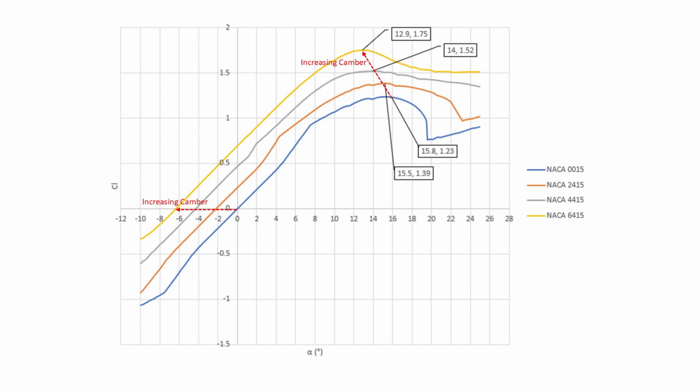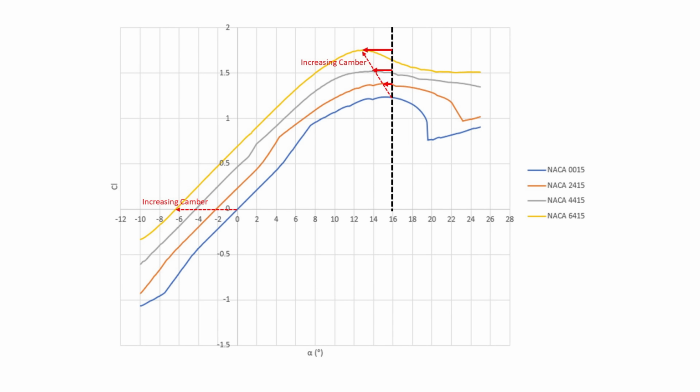So don't forget that the airfoil characteristics are not exactly definitive of how your final 3D wing will perform, they're just indicative. Now you can see in this figure how increasing the camber fulfills both of our airfoil level requirements for the canard. Increasing camber makes the zero lift angle more negative, which is good because we're trying to get the canard to have a lower zero lift angle than the wing, and increasing the camber also shifts the CL max and therefore the stall angle to the left, which is also good because we want the canard to stall